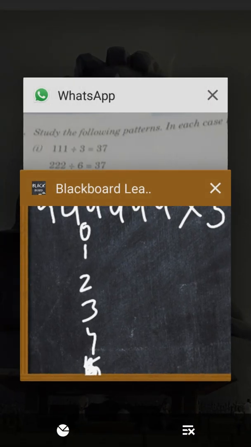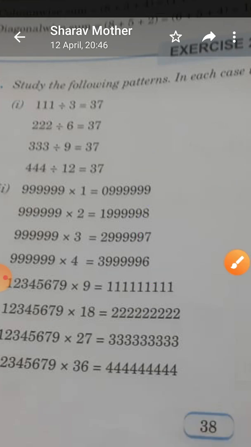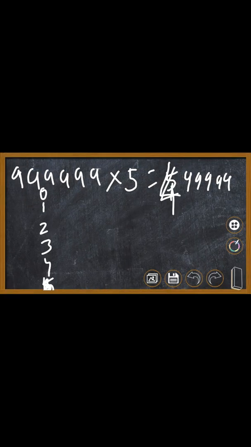Let's look at the similarity on the right hand side. Right hand side has this similarity 9 8 7 6. Yes, 9 then 8 then 7 then 6, and then finally it will be 5 in the next step. Yes or no? Yes, so 5 on the right hand side. This is our 5th step.